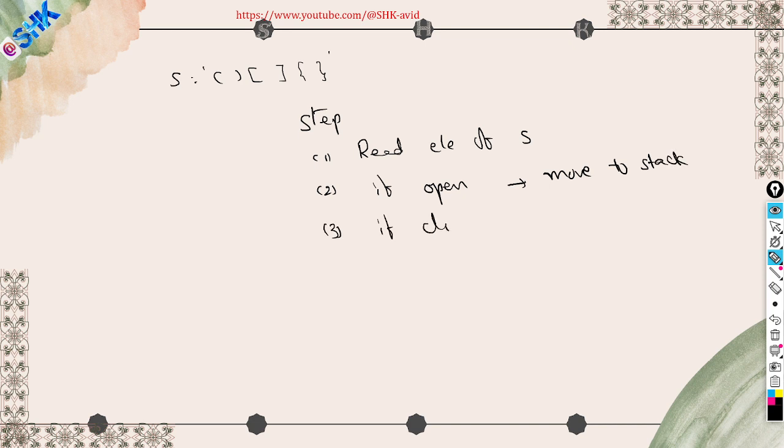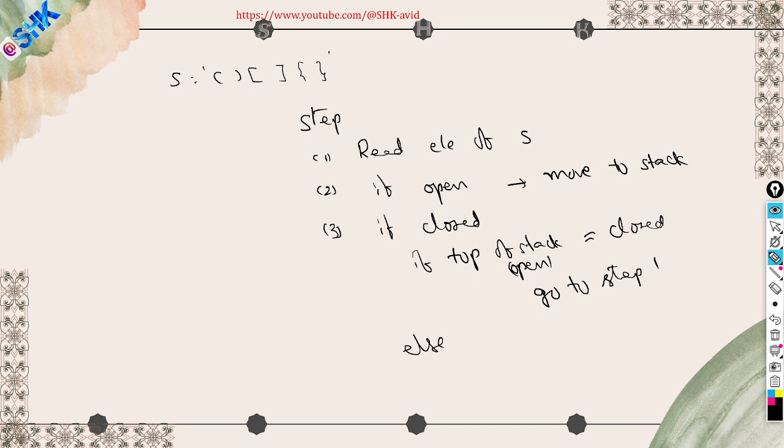Suppose it is a closed type, then we will check whether the top of the stack corresponds to the closed type of the input. So this one is open and this one is closed. When these two are the same, then go to step 1, else